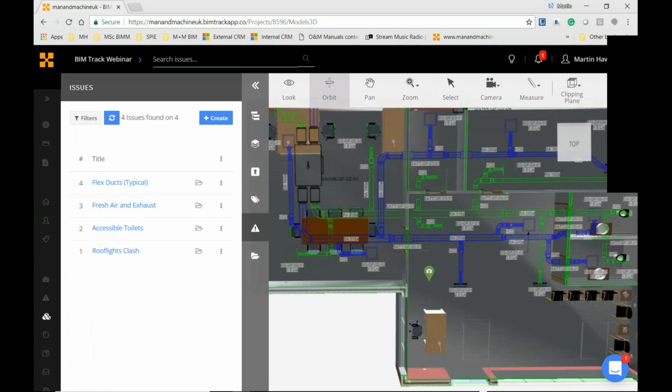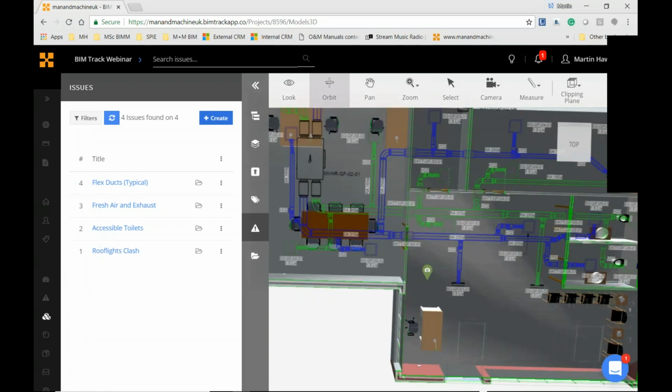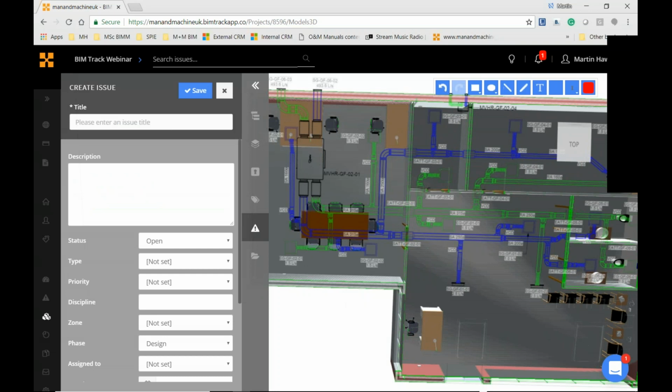here, say that we're a site engineer again, we could perhaps create an issue where maybe we've come across a larger beam than originally intended that's been located maybe in this location, and it's protruding into the ceiling void, and these services maybe had to change to accommodate it. So the site need to relay this information back to the design team so that we can avoid any further issues. So